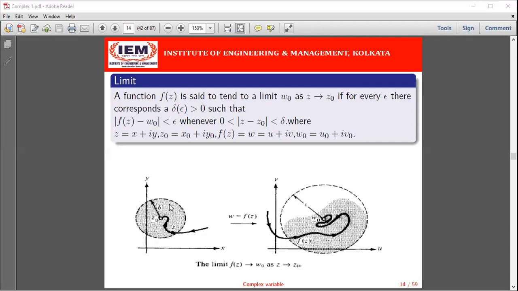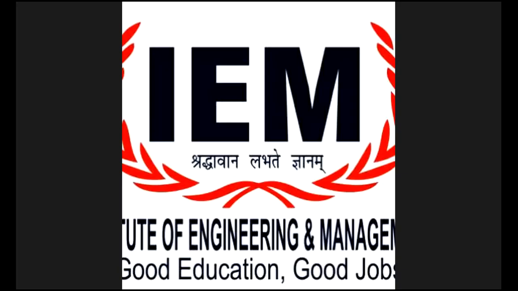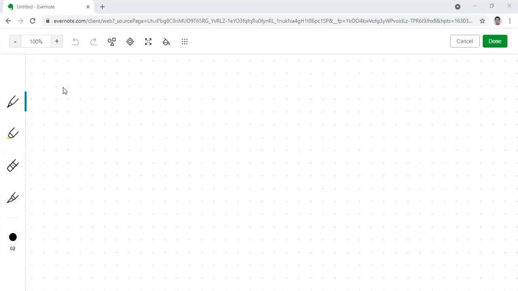Okay. Just before discussing, I think it is not possible for you to visualize from here. So let me share the blank screen and write it. Can you see the screen? Blank screen? No, sir. No, okay. Now can you see the blank screen?